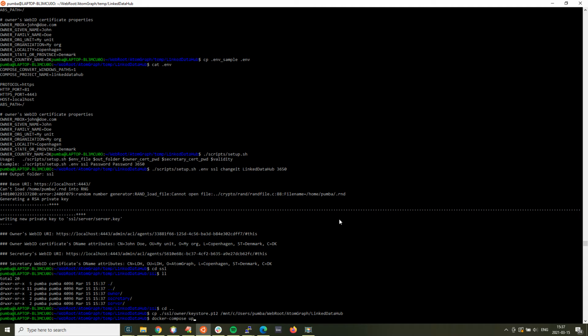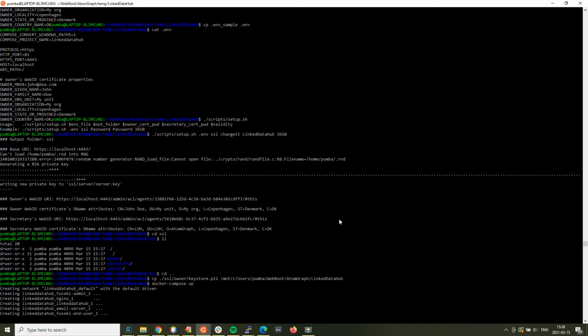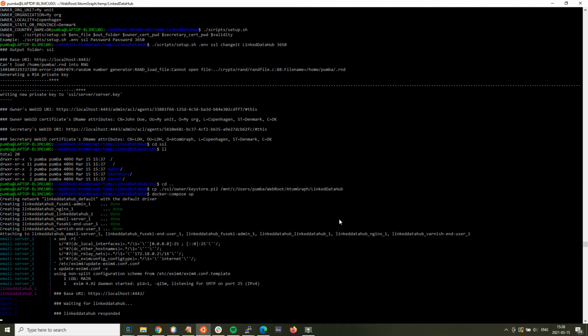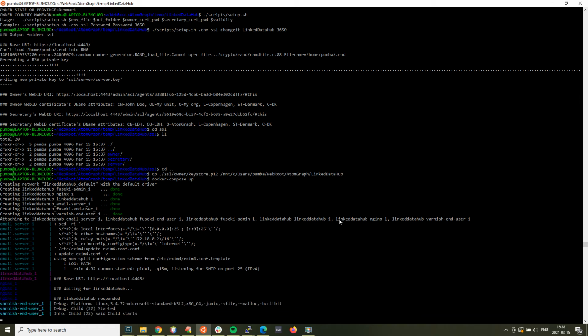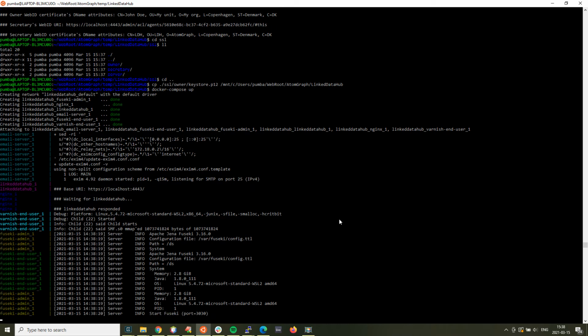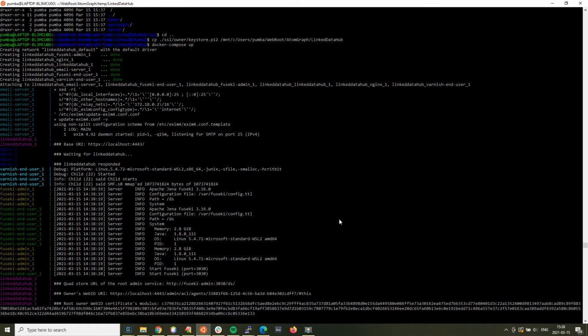So we just simply do a docker compose up, which will bring up all the services, bring the project up. And the first time it can take a while because the certificates are being read, the data sets are being loaded into triple stores, but the subsequent runs should be much faster because that data will not be loaded again. So while it's loading, let's check